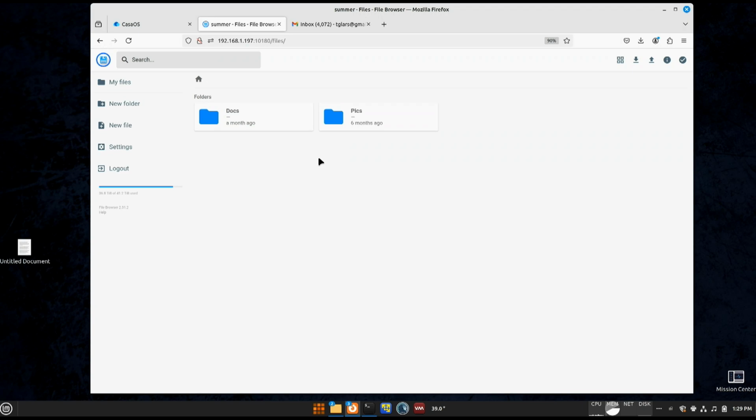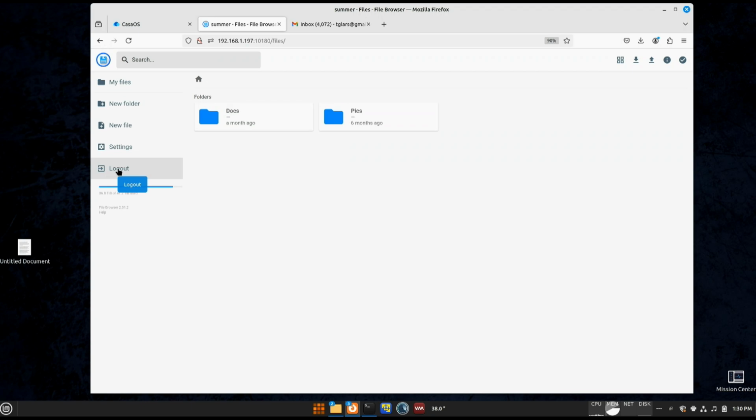Now, I don't care if my kids have access to all of the pictures, so I don't usually do this. I just give them the path to what we were just seeing when I was logged in. But this is one way to do it. The reason why I don't care if they see all the pictures is because we do have the family pictures and videos folder that they can go ahead and add to, and so that's why I like that. So they can add their pictures to that family